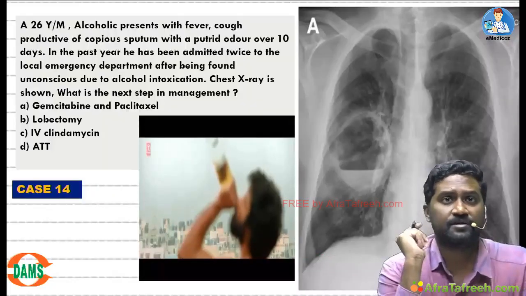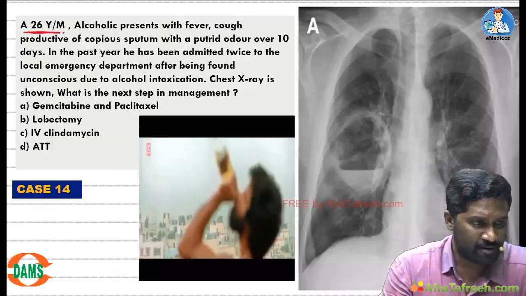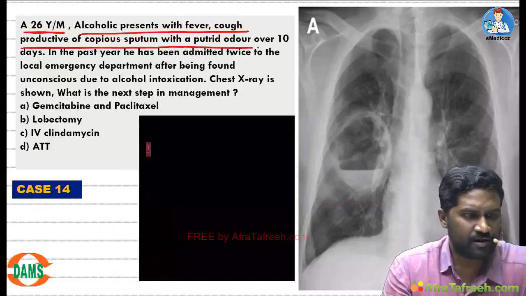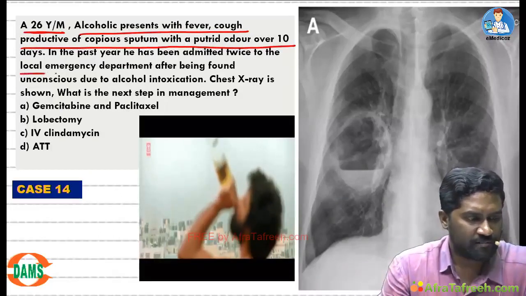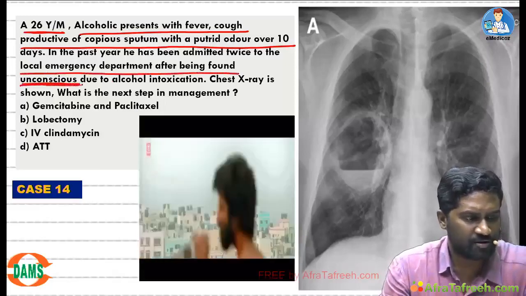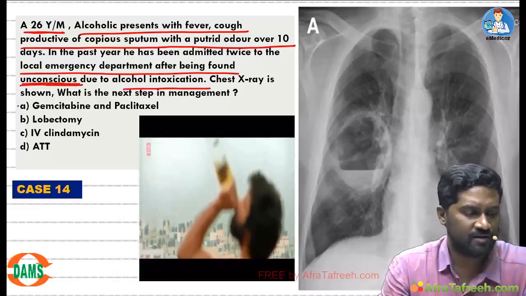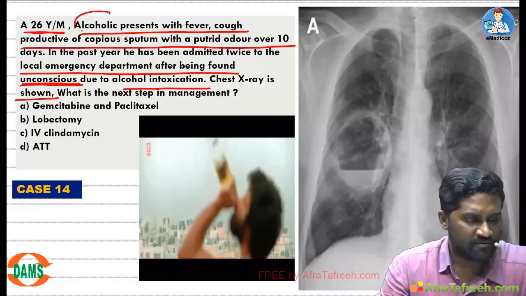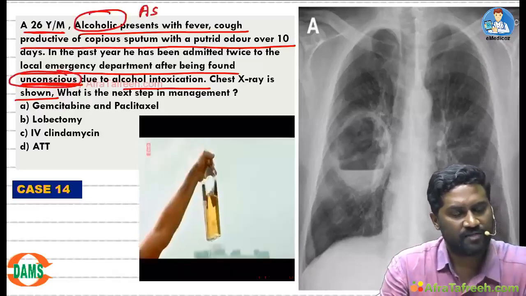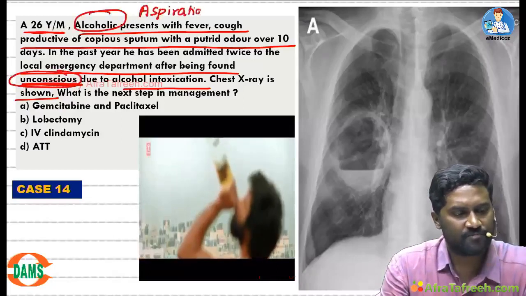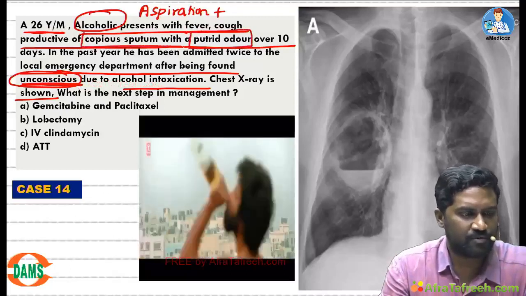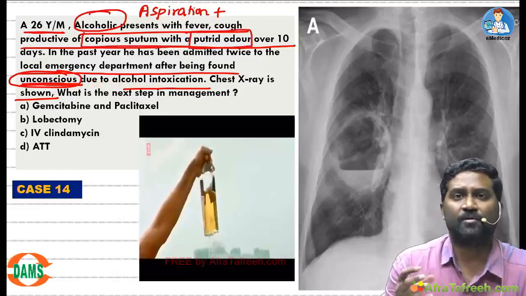Then case number 14. There was a 26-year-old male, alcoholic, fever, cough, productive sputum, bad smell, 10 days. He was admitted twice to the emergency department after being found unconscious due to alcohol intoxication. Chest X-ray is given. So he is alcoholic. Frequently he is getting unconscious. So there is possibility of aspiration and foul smelling sputum, plenty of sputum. All this indicates possibility of some